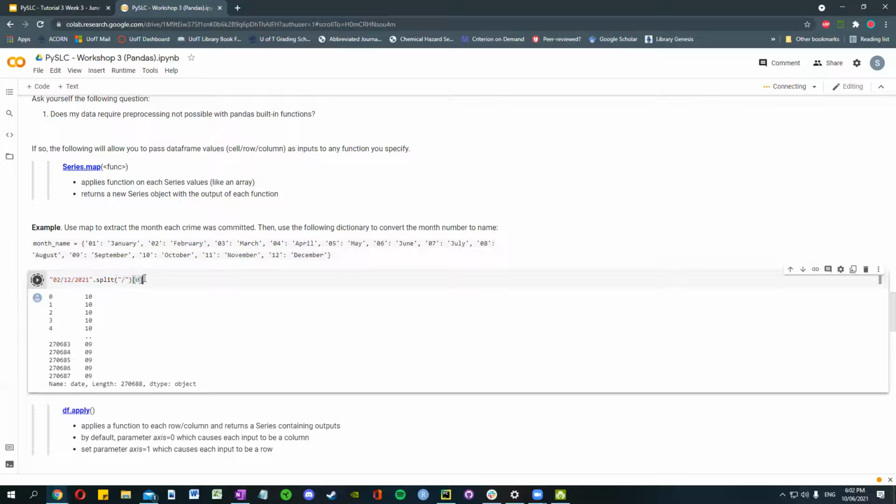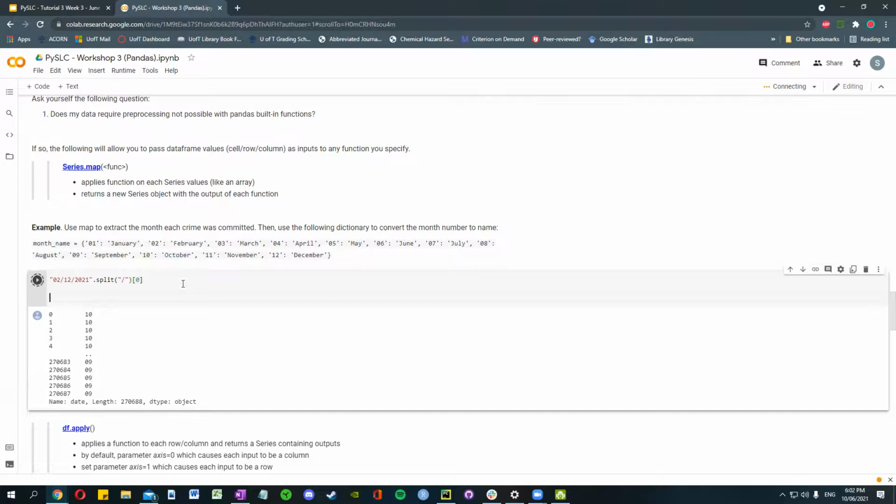And then I'd index it at 0, right? What that would give me is this specific string. So if I was going to do that, I would use df date. I'm going to have a column of date. You can imagine that this is a column of dates, though it's not there. And then I'd map it. And now I'm going to introduce